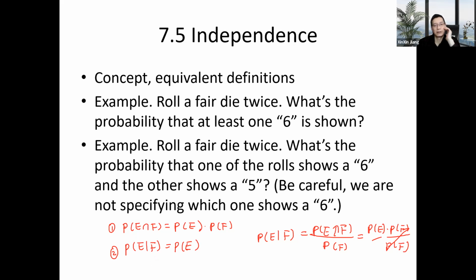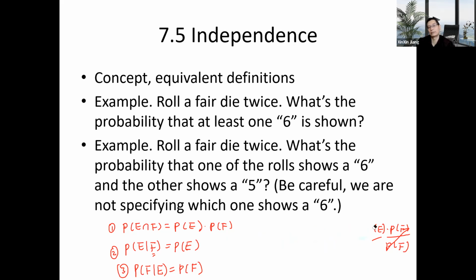And there's a similar one with that. These 3 are equivalent, assuming no probability is 0, because we require these conditional probabilities to have no 0 bottoms. And this is probably more general because it also includes the case when the probability of E or probability of F is 0. But within 130, we don't treat these cases, so they are equivalent.